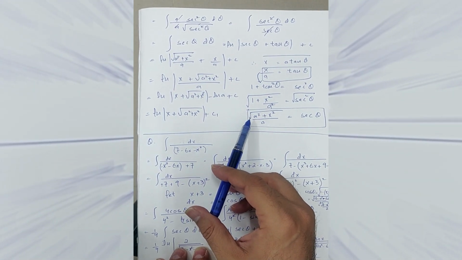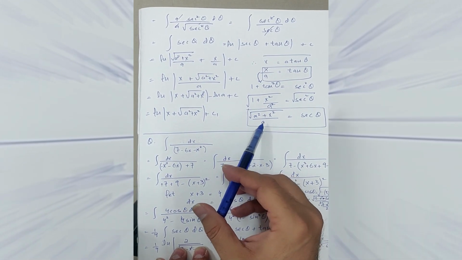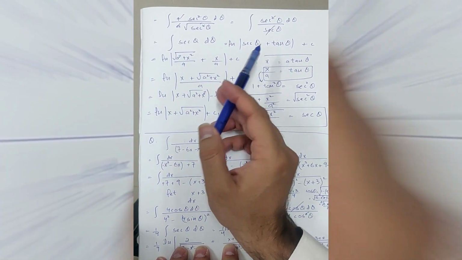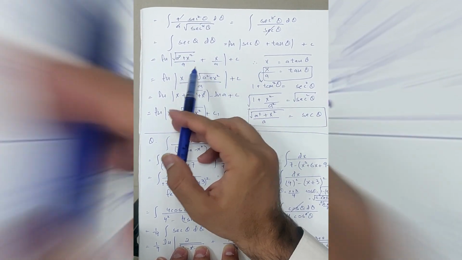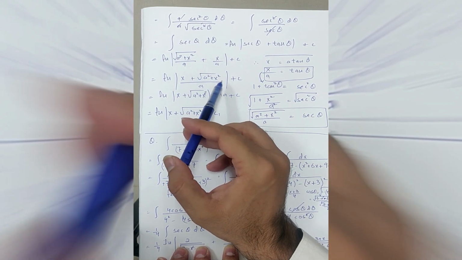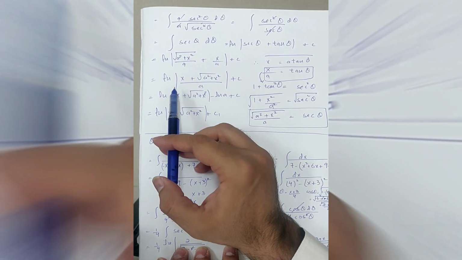So the value of secant theta is equal to under the root a square plus x square divided by a. So I put this value here, and the value of tan theta is x over a plus c. So log of x plus under the root a square plus x square divided by a plus c,